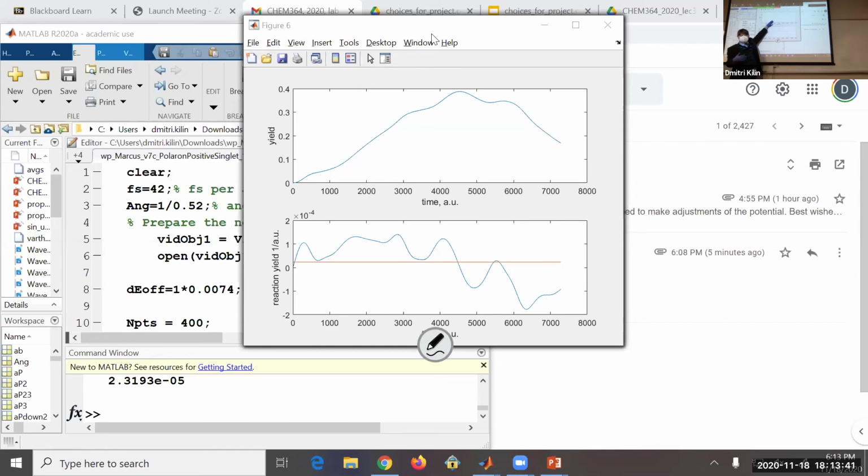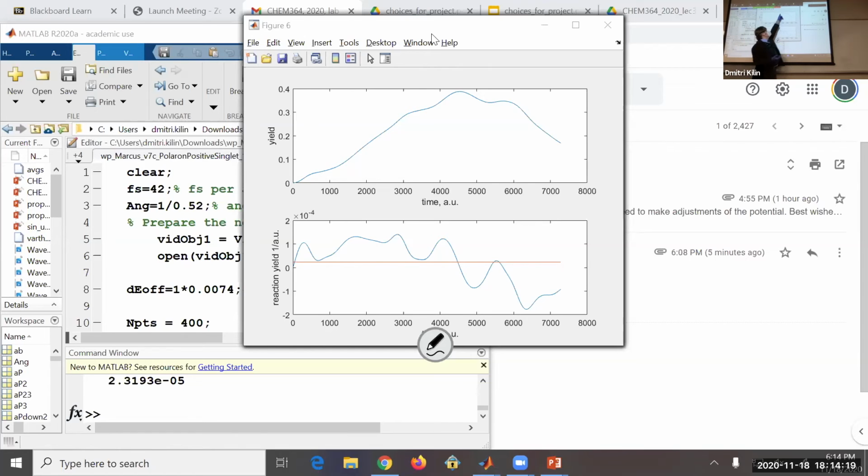This, again, is a comparative research activity that one can pursue even without any experiment. The line here, I'll cover it later, is a derivative, basically the slope. And since it has some numerical instabilities, it's generally positive, but it fluctuates. So the average of this line is how quickly the reaction is going on.